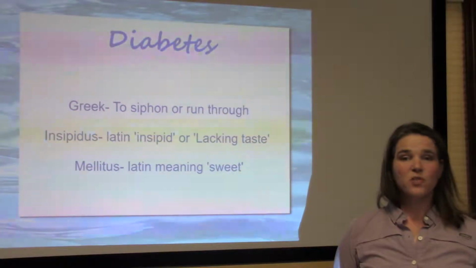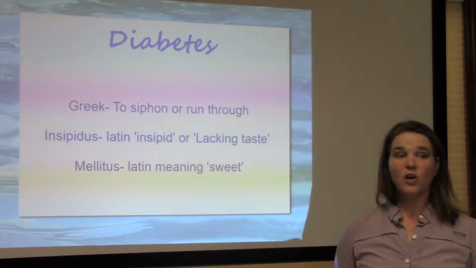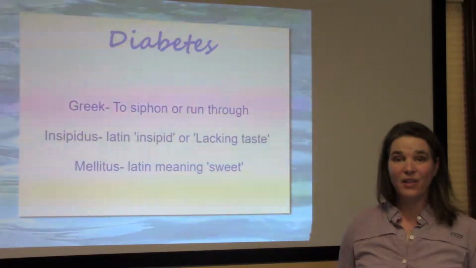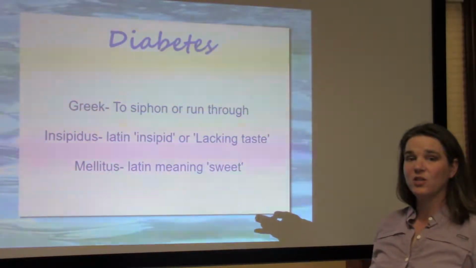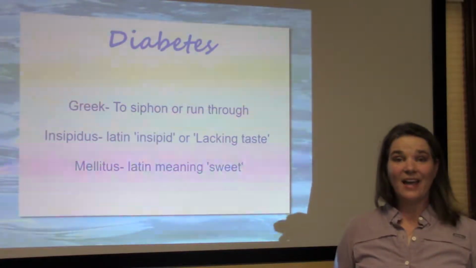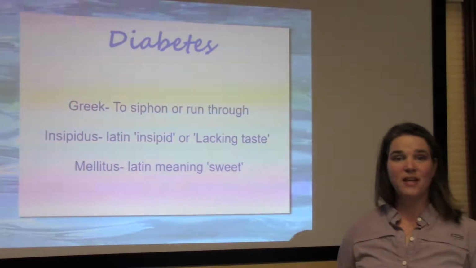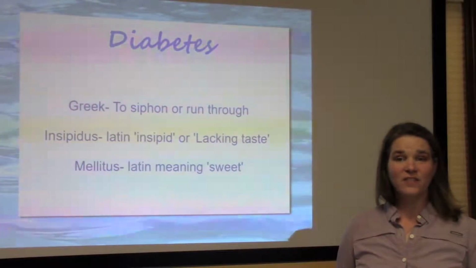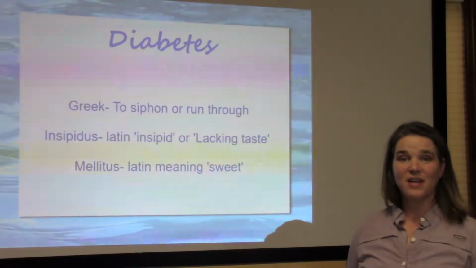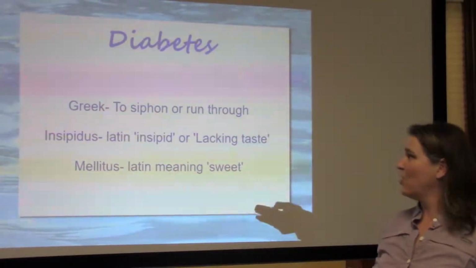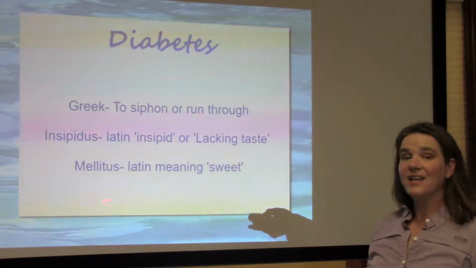So our early physicians were trying to characterize a syndrome where their patients were making very, very large amounts of very dilute urine. The water was just running through them. And they actually found two different types: diabetes insipidus, which insipid is from the Latin meaning lacking taste or flavorless, and they found mellitus, which is again from the Latin but meaning sweet. So our early physicians found that there were actually two causes of their patients making a very, very dilute urine. One cause caused a flavorless urine. The other caused a sweet urine.